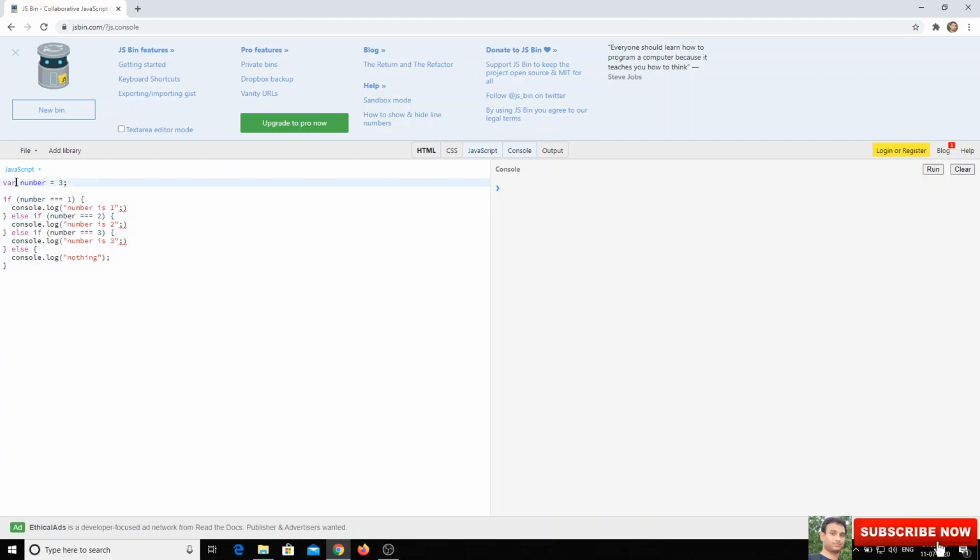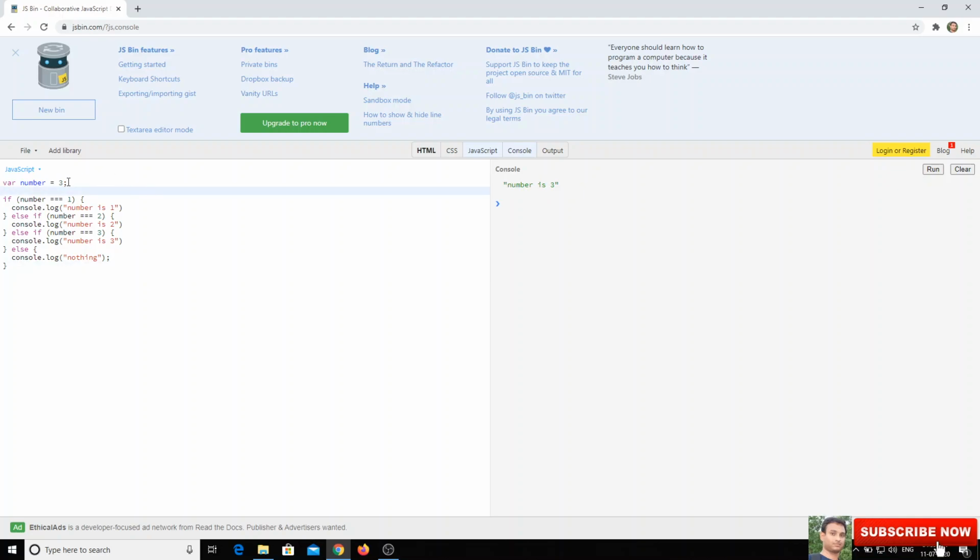So this is simple multiple nested if conditions. Now if you check here, the number is 3, it will check if number is equal to 1, it doesn't satisfy the condition, then it goes into the else condition. Number is equal to 2, it doesn't satisfy this condition, and now it will go to the third else statement, and here it satisfies the condition, and therefore it prints number is equal to 3. Now let's see the output. Here we see number is equal to 3. Whatever we expected, it executed.